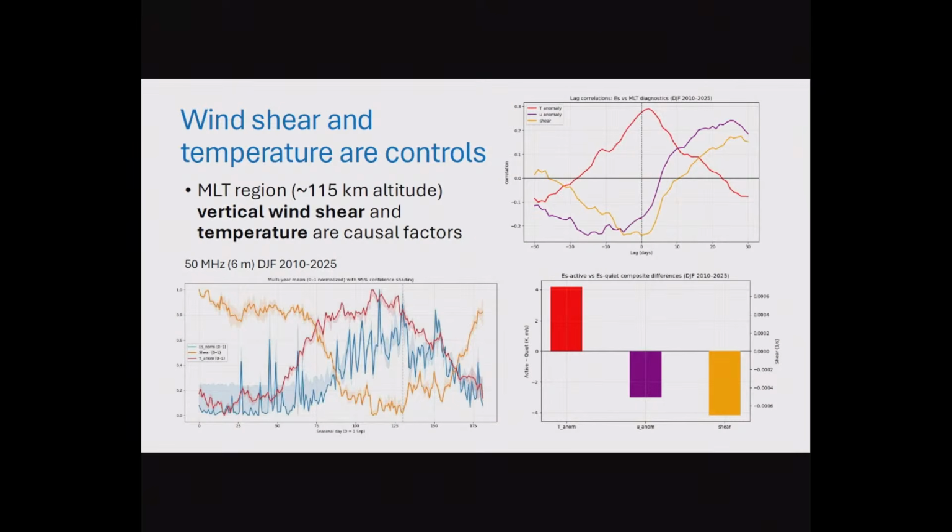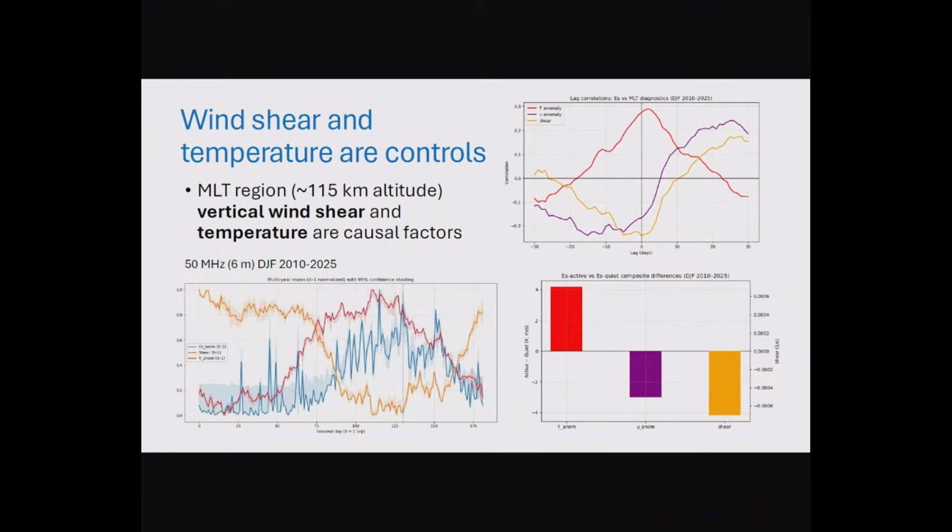And so with my background in upper atmosphere physics, and this is a little bit complicated here, but basically you can look at the temperature and the winds in what's called the MLT region, mesosphere, lower thermosphere. So this is around 90 to 120 kilometres altitude, and there's satellite data to help you there. And so what I've done is, on this plot here, this is the